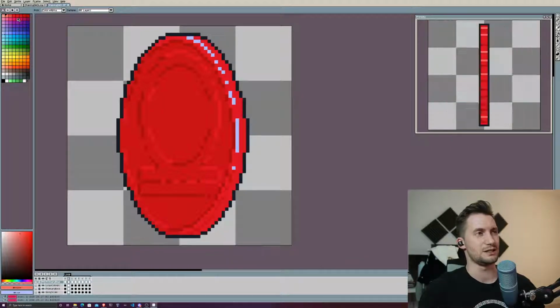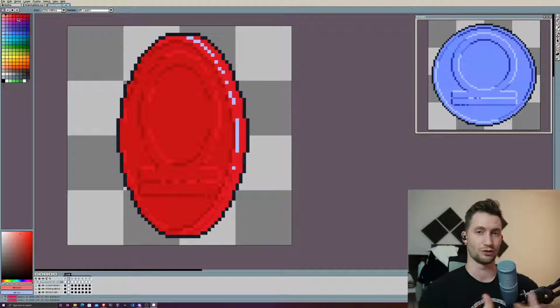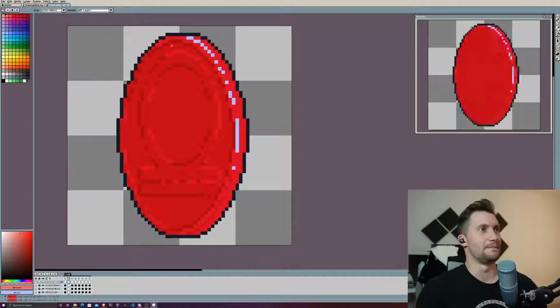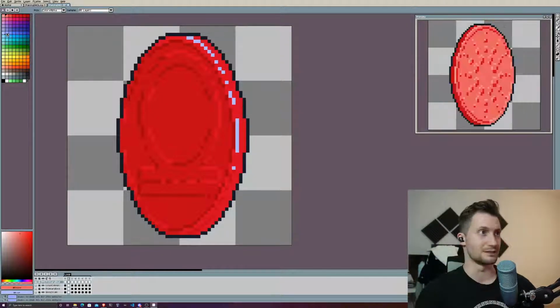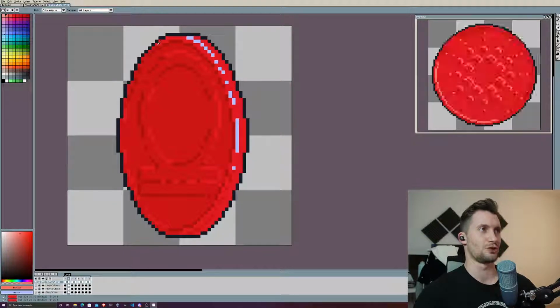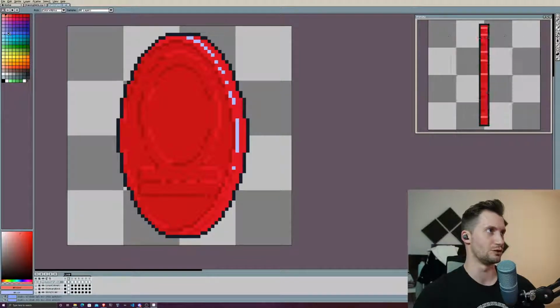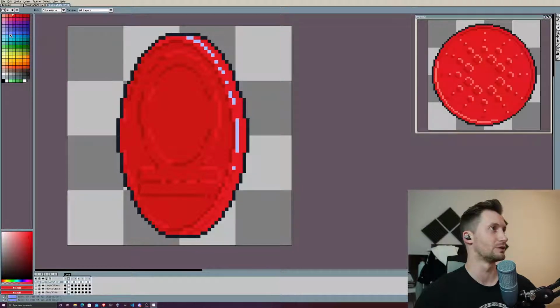Although graffiti and pixel art do have a lot of things in common, a lot of crossover in how you tone and shade stuff, generally you can go a little bit more detailed because you're not limited by size. Here we've got a very small brush size, and it's actually quite large in terms of the whole area that you have available to you. I've done that the wrong way around.